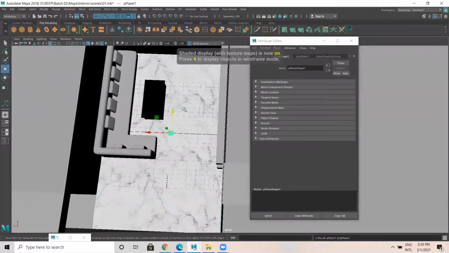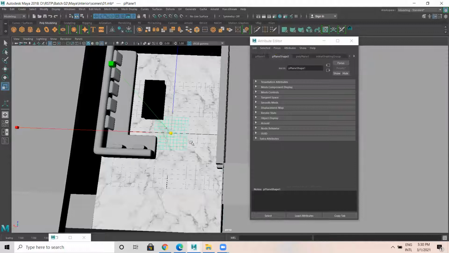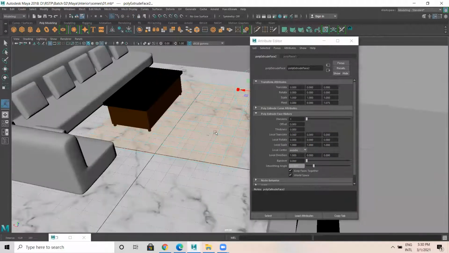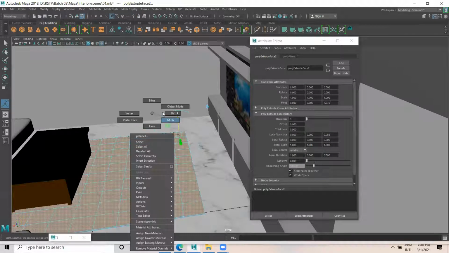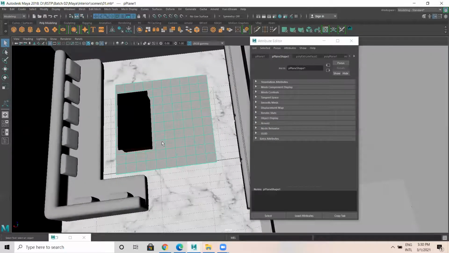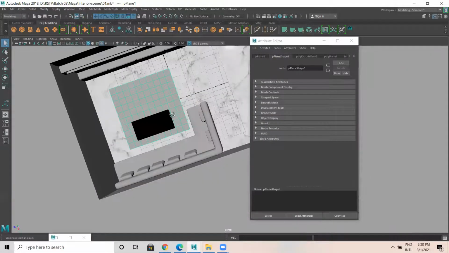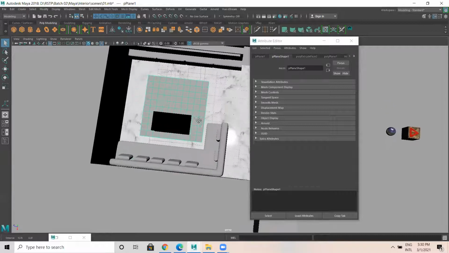Now I'll create a plane. And I'm gonna place this here. And I'm gonna extrude this up to give a bit of thickness. Okay. I just created this here, one plane.